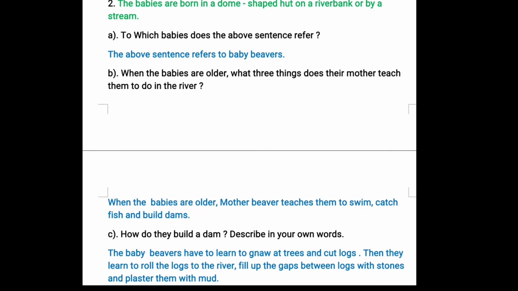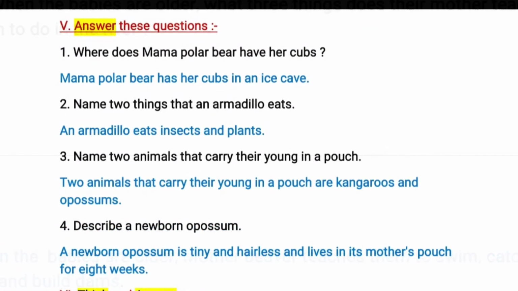So first they gnaw the trees, cut the logs and then they roll the logs to the river. Fill up the gaps between the logs with stones and plaster them with mud. So they fill up the gaps between the logs with stones and plaster them with mud.